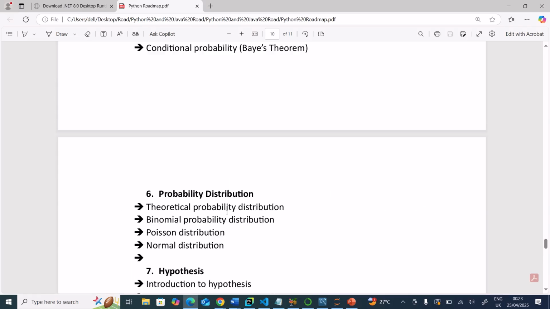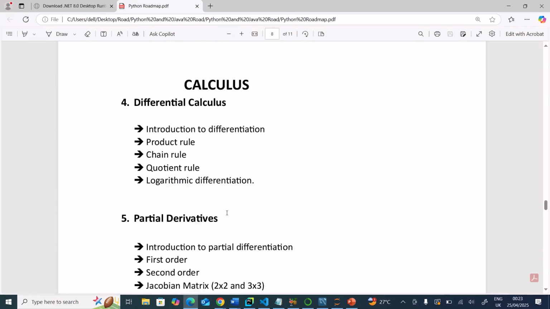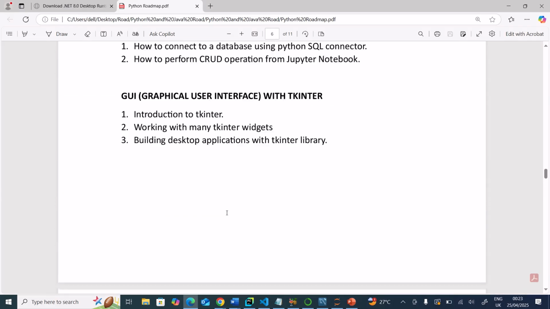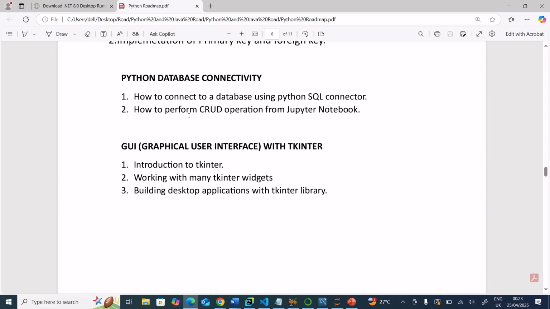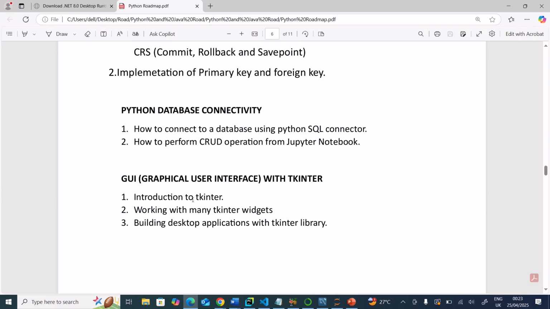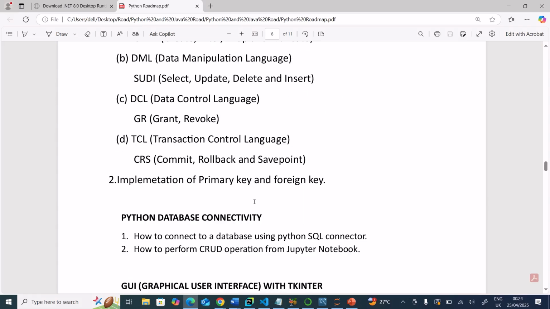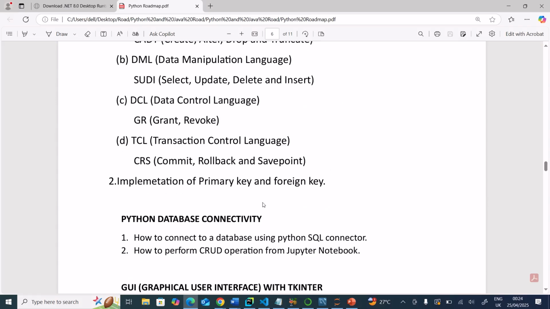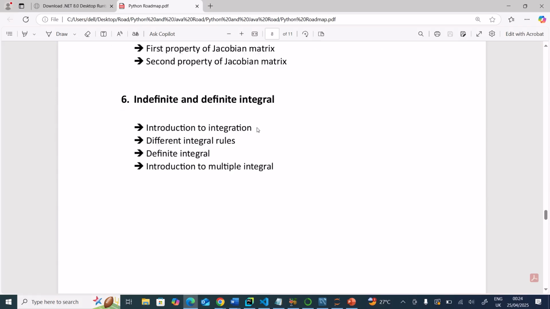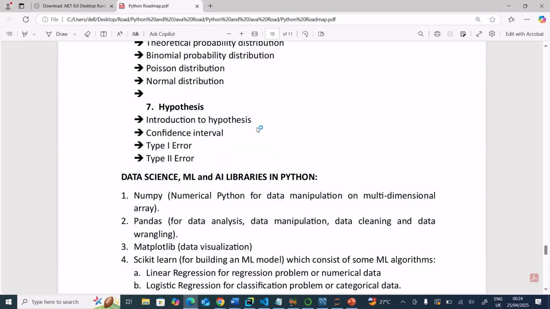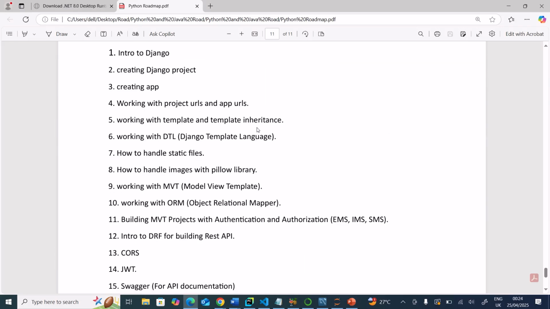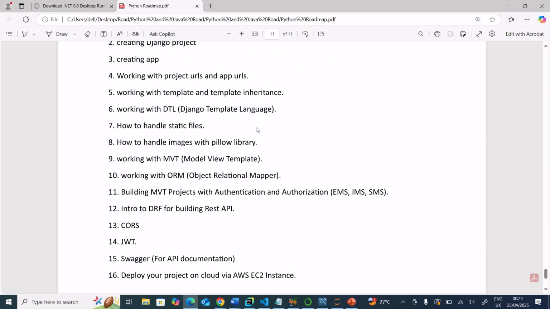For people that want to go for backend, once you have done this up to, let's say, the GUI, and even the GUI may not be needed, maybe after the database, you can still move to Django. Yes, it's okay, you can move to Django from there. Then you discuss some of the concepts, then you build projects.